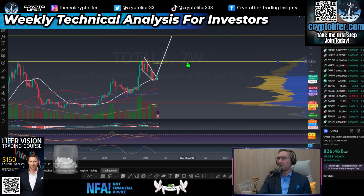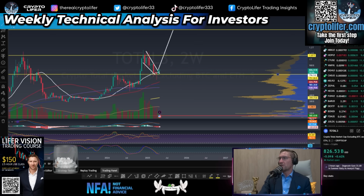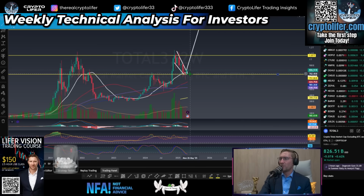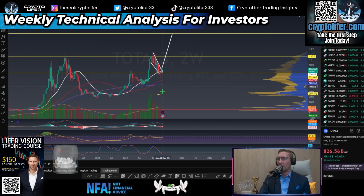Excluding Bitcoin and Ethereum, right? These are all the alts. You can see that they clearly came back to resistance, used it as support on the 2 week chart. Perfect time to boom. The 2 week chart says we are about to boom to the upside. The weekly got a little bit far, but the 2 week kept it very nice. If you trade the 2 week right now, in right here, stop below there, good chance this thing rides further to the upside. So I like what I'm seeing on the 2 week chart for total,